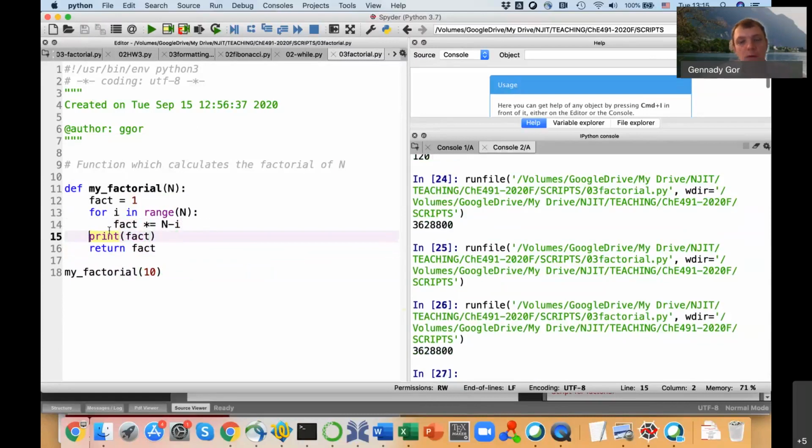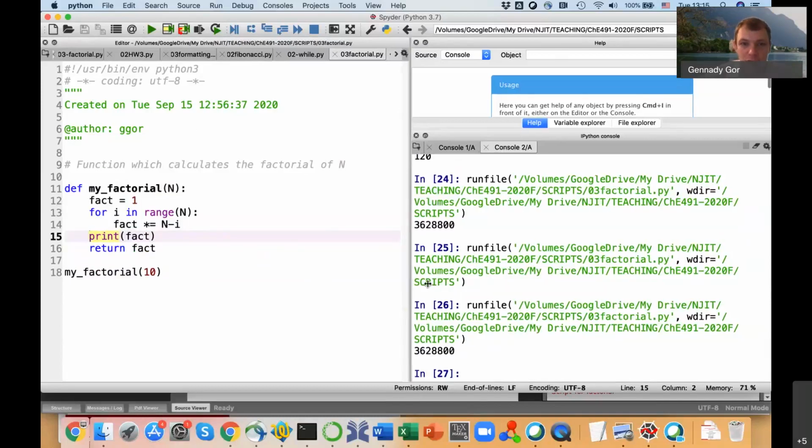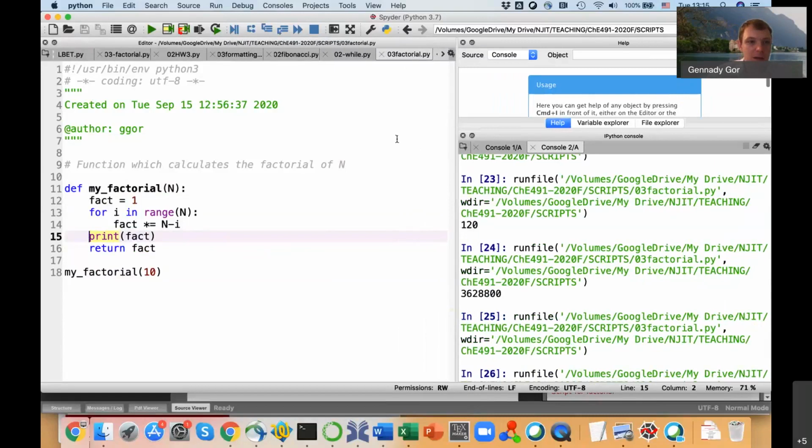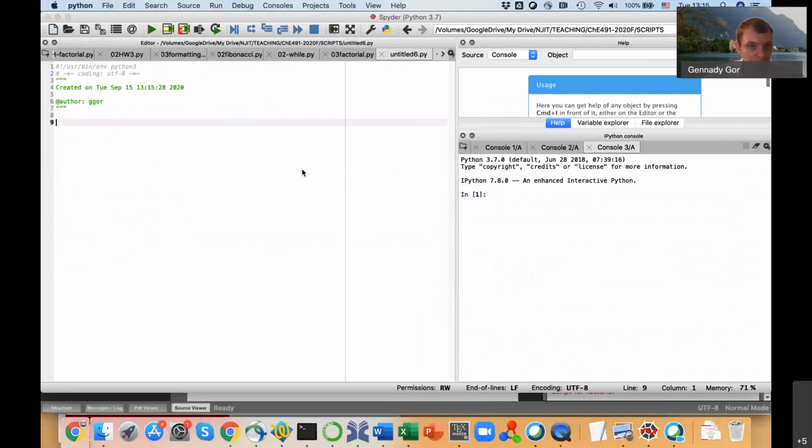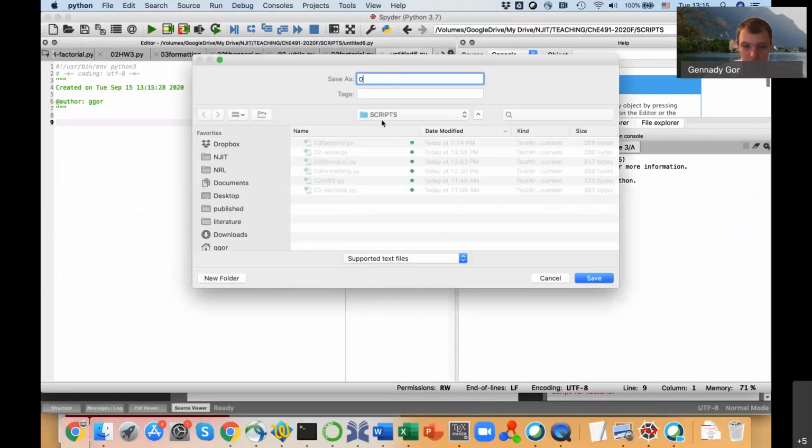So if you can call a function inside a function, well, you can actually call the function itself inside a function. So this is called a recursion, and it's quite frequently used in programming. Let me show what specifically I mean, and let me create a new script. Call it 03 factorial recursion.py,